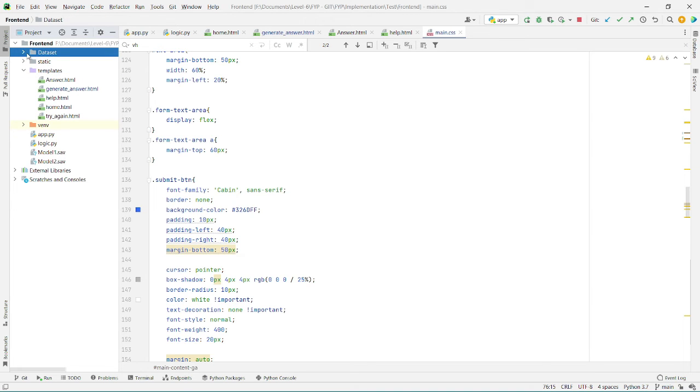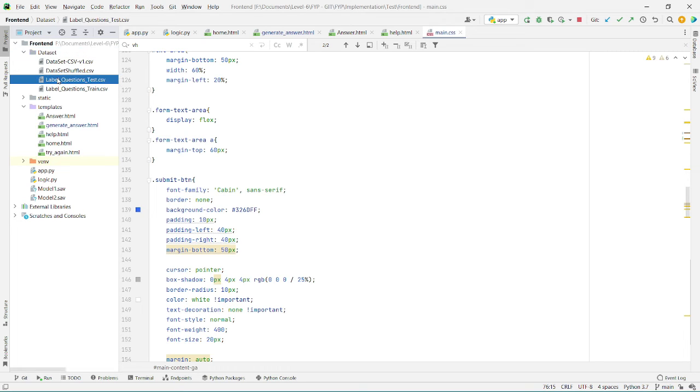Here is the dataset folder where the two testing and training datasets are available, and then the two datasets to calculate the accuracy of the system. And then we have the templates folder where all the HTML templates are given.